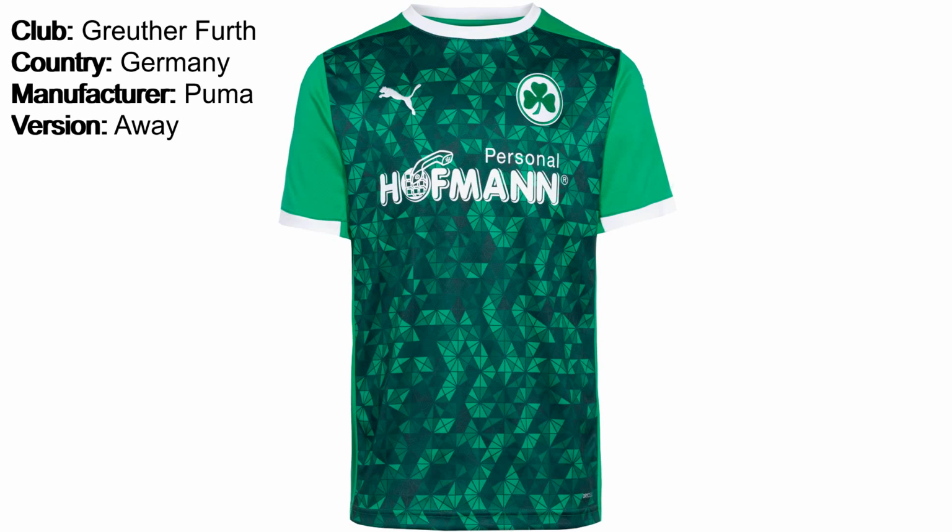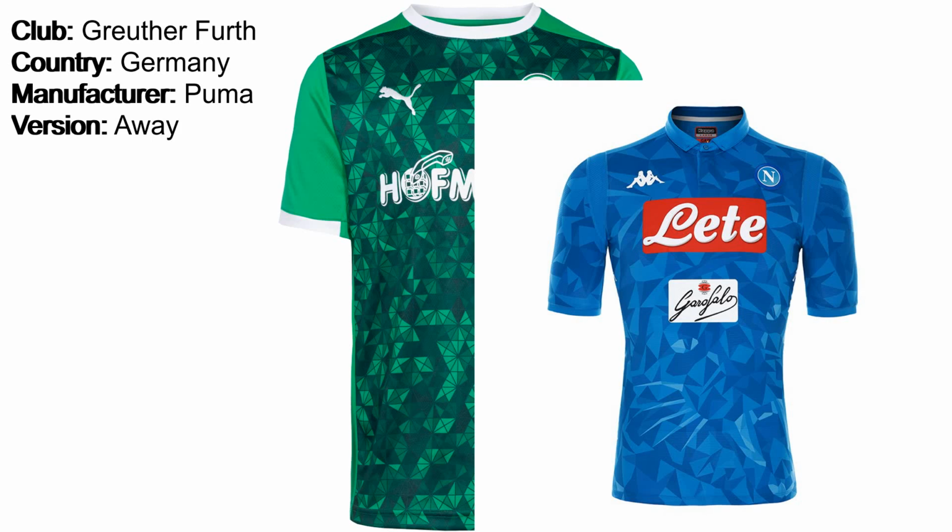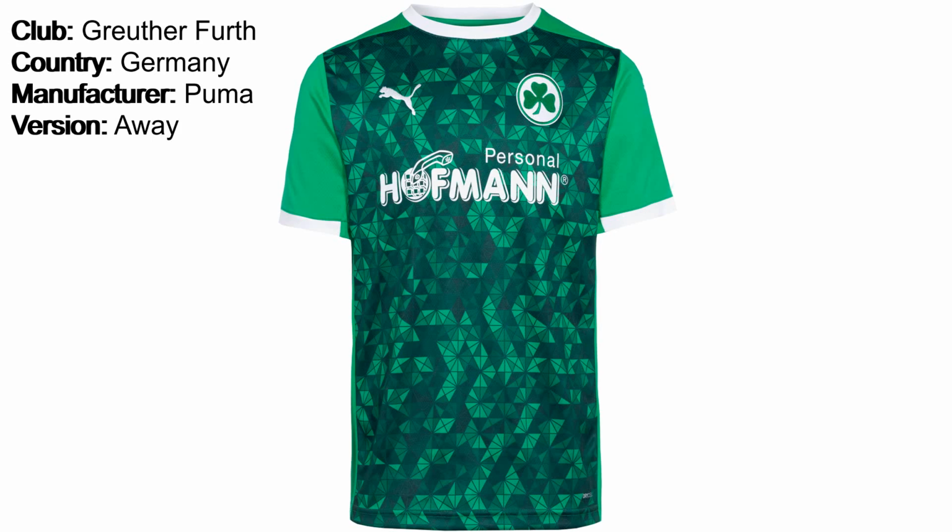Their modus operandi recently seems to be geometric patterns and tessellation, which is the complete opposite of their traditional approach of single-bodied templates. I love how the different shades of green stand out in this shirt, giving it the look of a shimmering green tourmaline gemstone. From what I understand, there is no hidden image within the pattern, which can sometimes be the case when shirts follow this design style. I would suspect most Greuther Fürth fans will be happy with Puma's first efforts for the